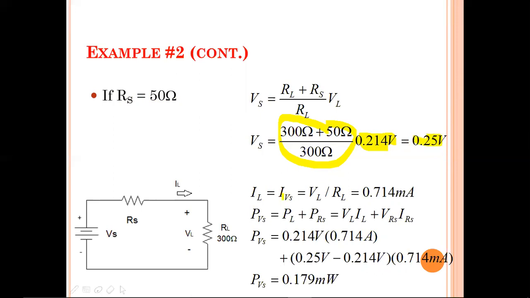Then after increasing the value, my current should be constant. That is what I said at the beginning of these rules. VL and IL should not vary. So this is VL. Already I know the VL. VL is the value 0.214 by RL. Then you will get this constant current, which is drawn by the load, and this is a constant voltage which is across the load. So now you need to find the power, but the power is going to vary because my internal resistance has changed now.